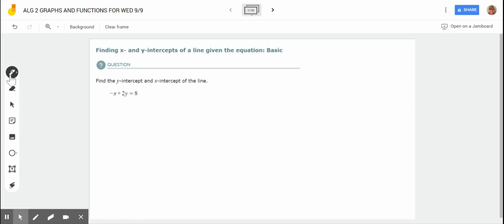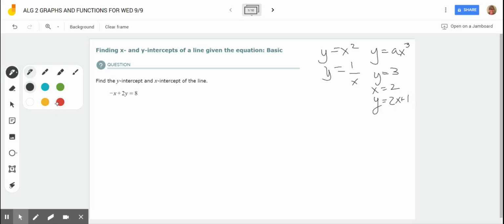How do you even know that's a line? I actually think this is really important. This is not a line. This is not a line. This is not a line. Okay, this is a line. That is a line. And this is a line as well. What you'll notice about the lines,